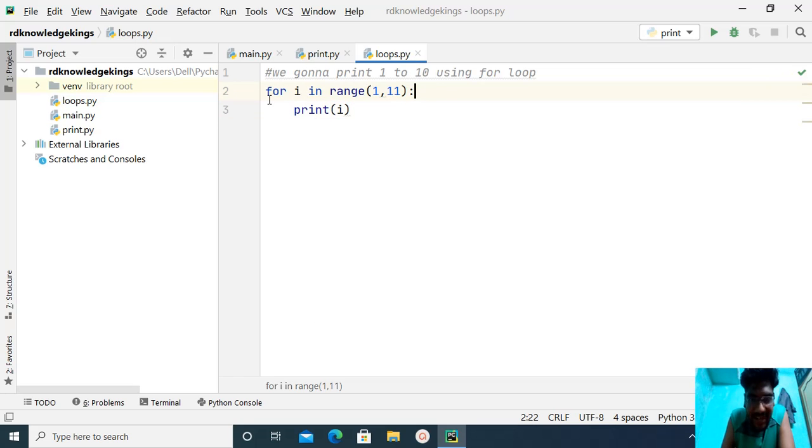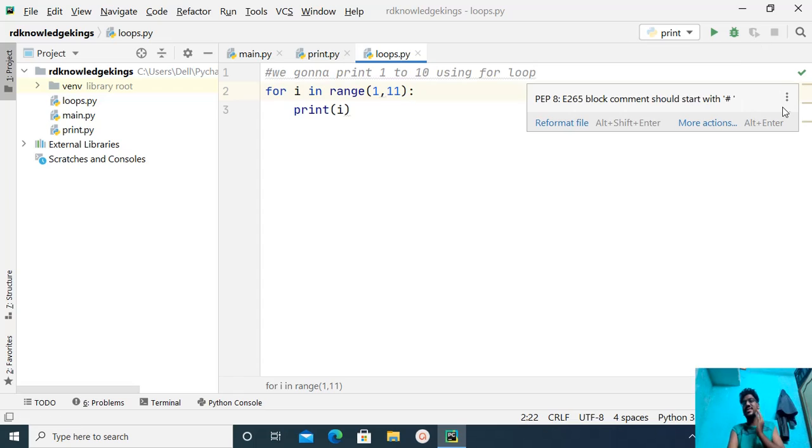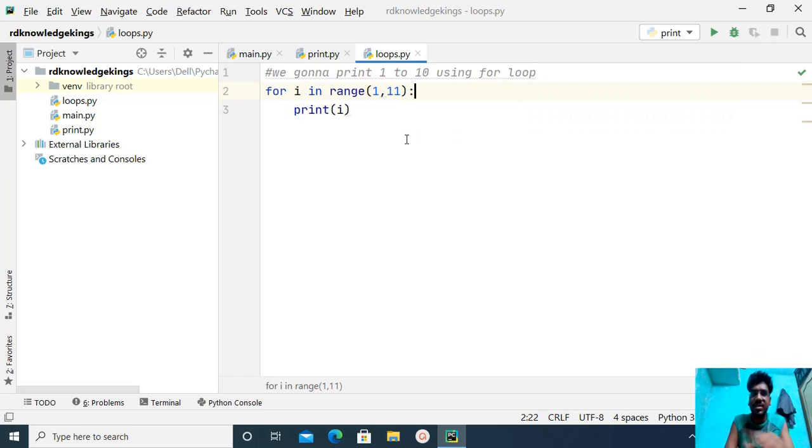What is meant by iteration is the cycle. First iteration means the first run of that loop, the second iteration means the second run of the loop. The run is nothing but the iteration. So see here, for i in range of 1 comma 11, what this is doing is...